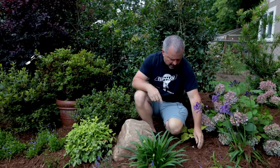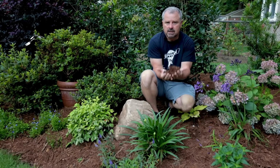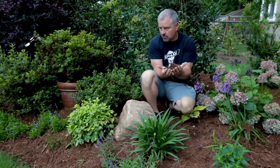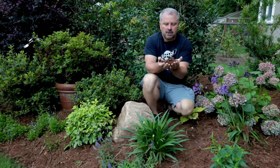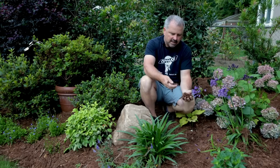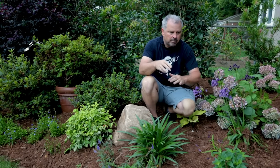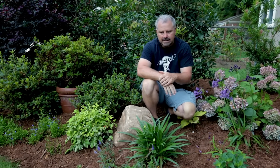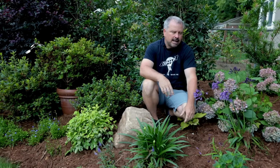So let's talk about some of the things I'm doing in this landscape during July or avoiding doing in July. Right here at the end of June, I have remulched this entire landscape. As we walk around this circle, I'll show you some of the things I'll be thinking about during the month of July. You'll see this is triple shredded hardwood mulch. Didn't put down a very thick layer, but I went in here, weeded it and remulched it and kind of